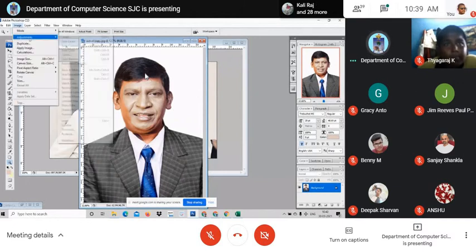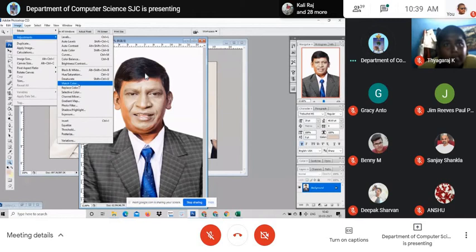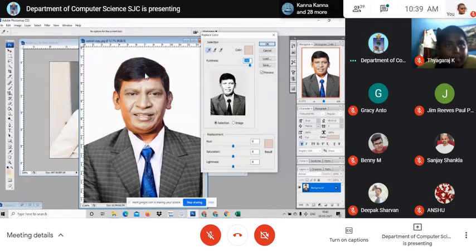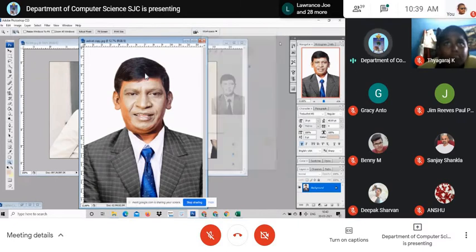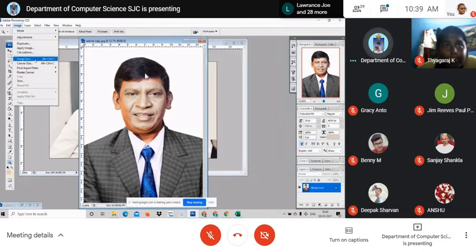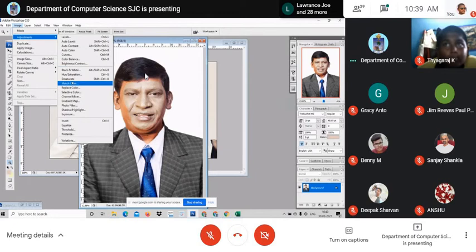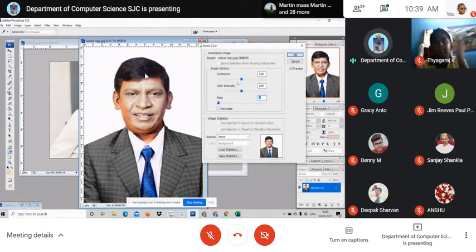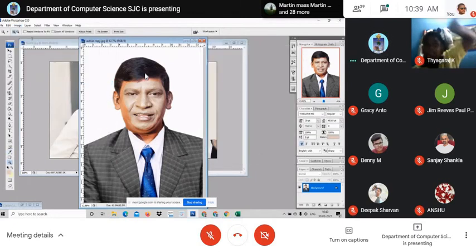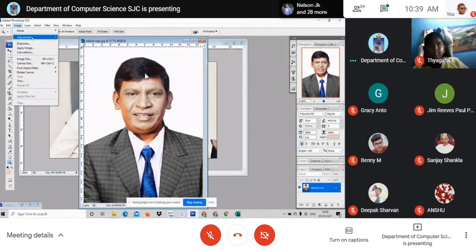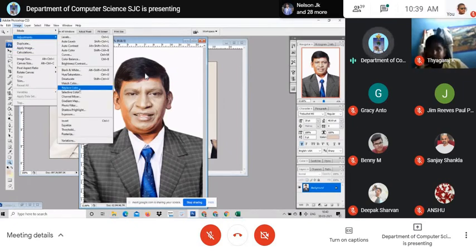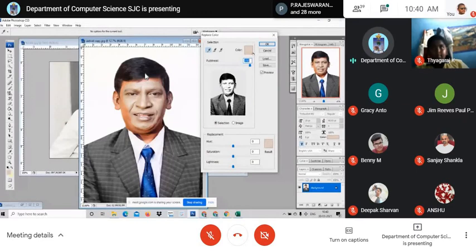This is with replace color. Match color is different. In match color I should show you luminance and other things. See here, luminance, color intensity, right? In replace color, you will have to choose the color first, then adjust it.